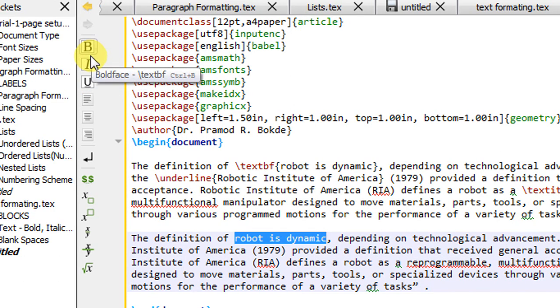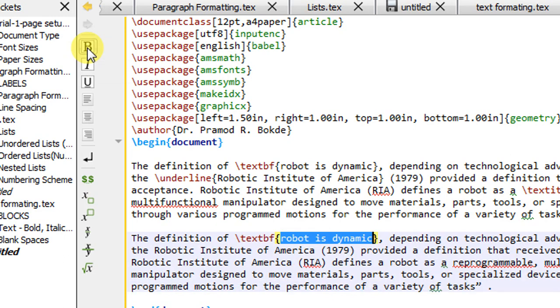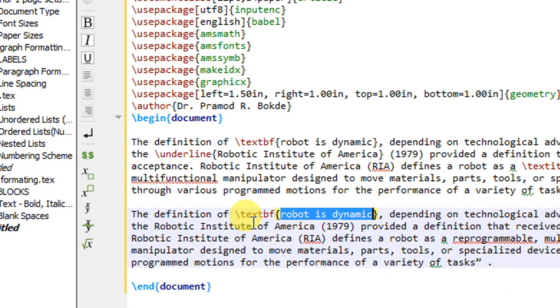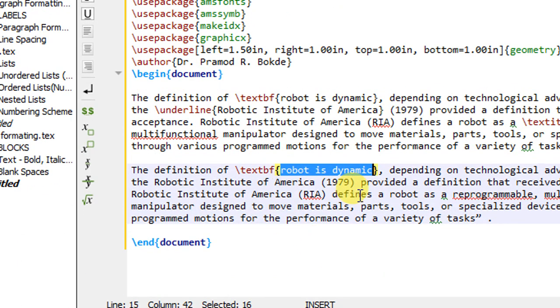Suppose this text, "the robot is dynamic," I have to make bold. I will simply click on B, and it will automatically give you the command textbf.